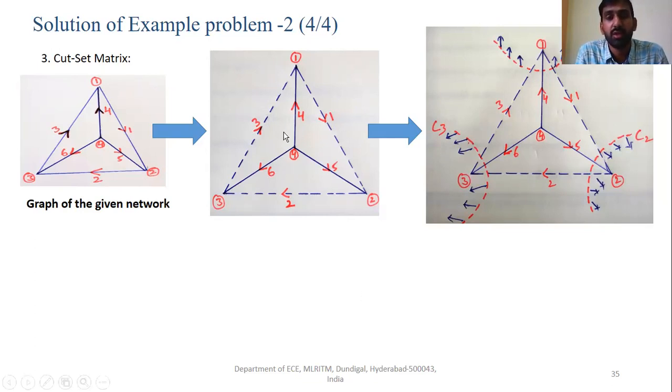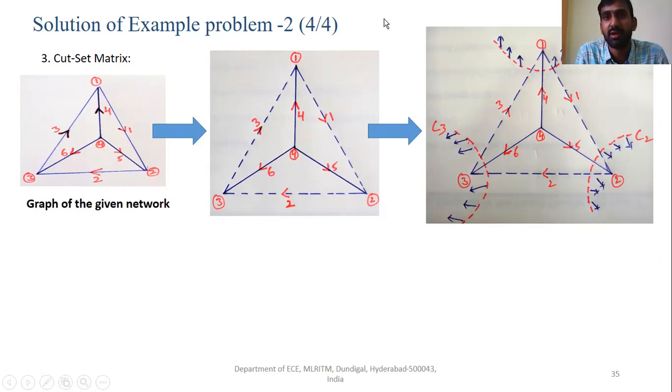So only one twig for one cut set. How many twigs are there? 3 twigs: 4, 5 and 6. So with respect to 4 we should have one cut set, with respect to 5 another cut set, and with respect to 6 another cut set.